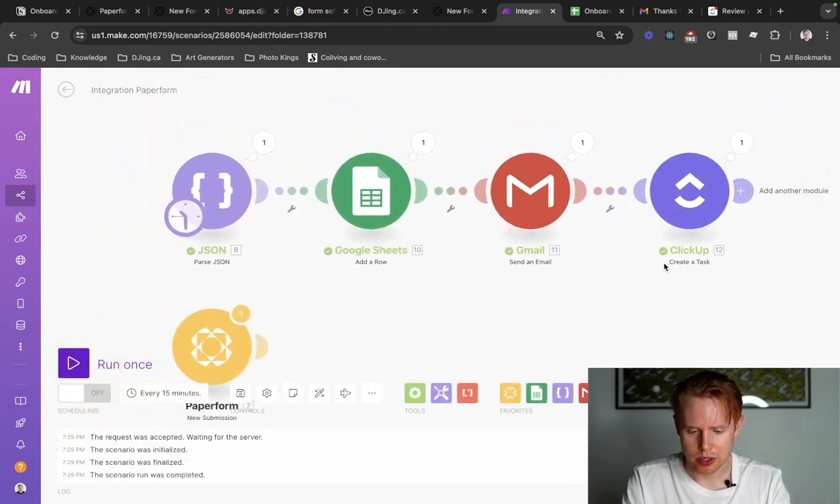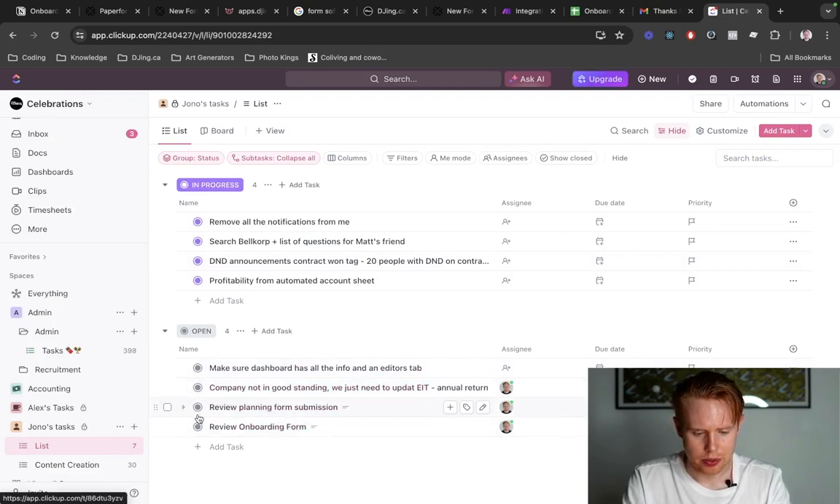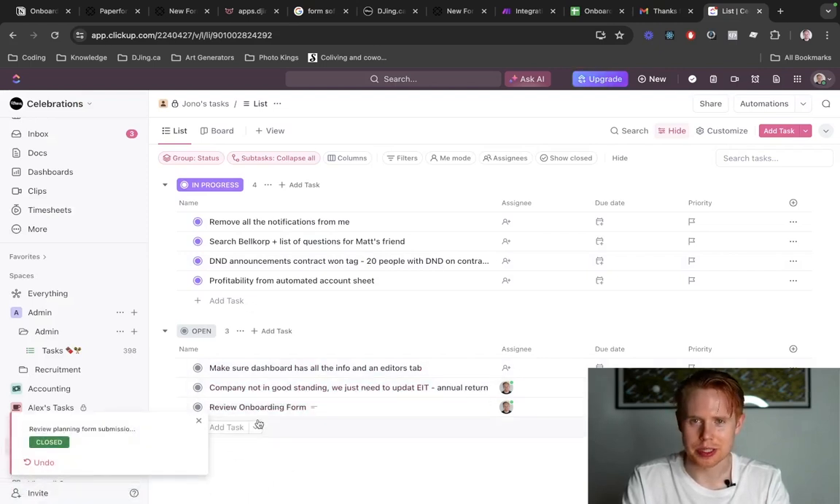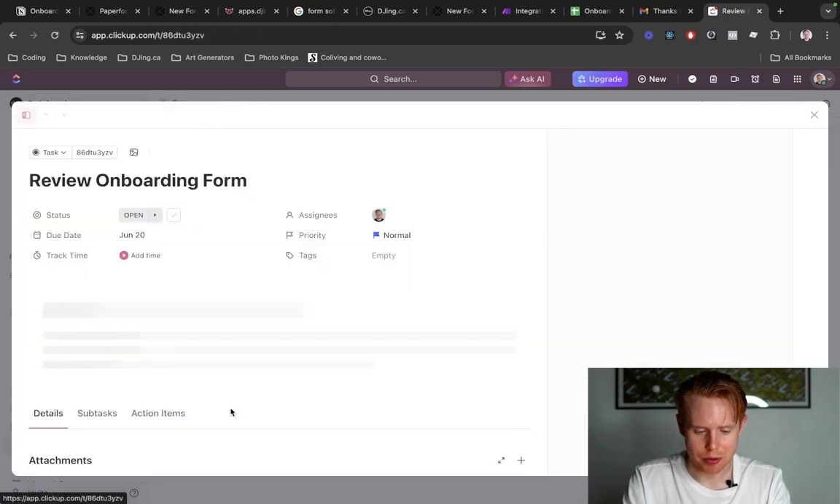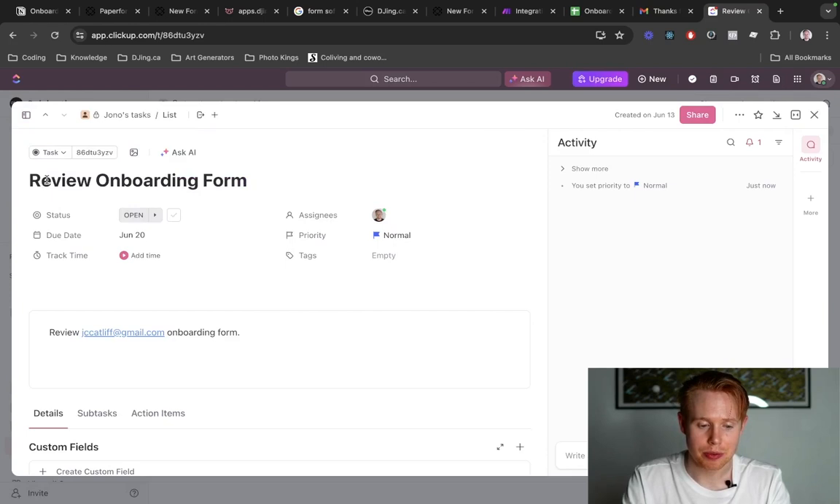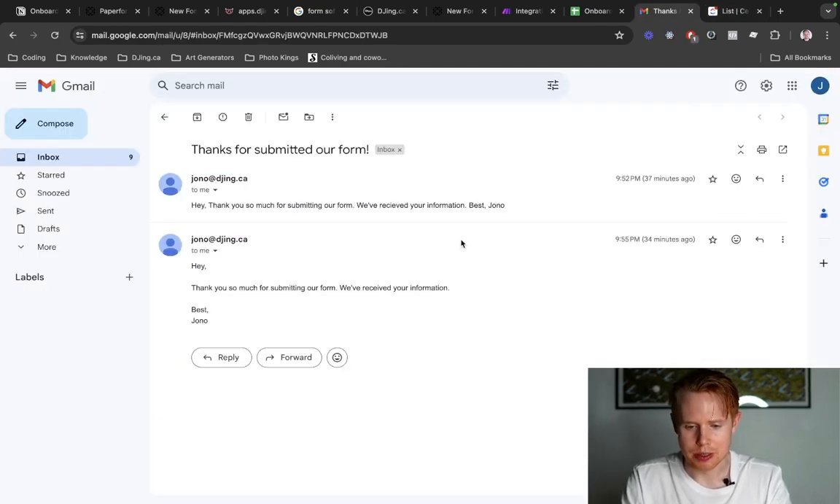Perfect. I'm going to log into my ClickUp folder, and here we go. I actually had to run this twice because the first time my camera didn't film properly, but you can see the task here, review onboarding form, and it's assigned to me. It's open, it's due in 7 days. The priority is normal. Okay, awesome. So that's pretty much